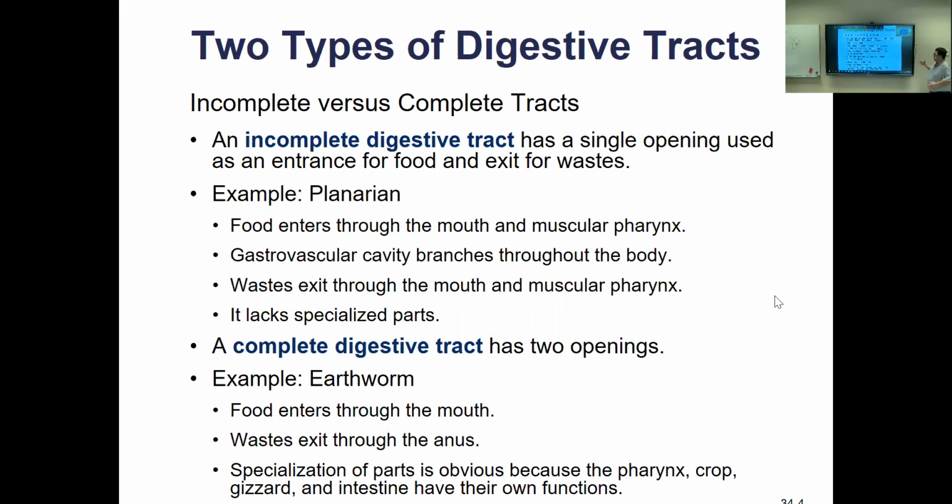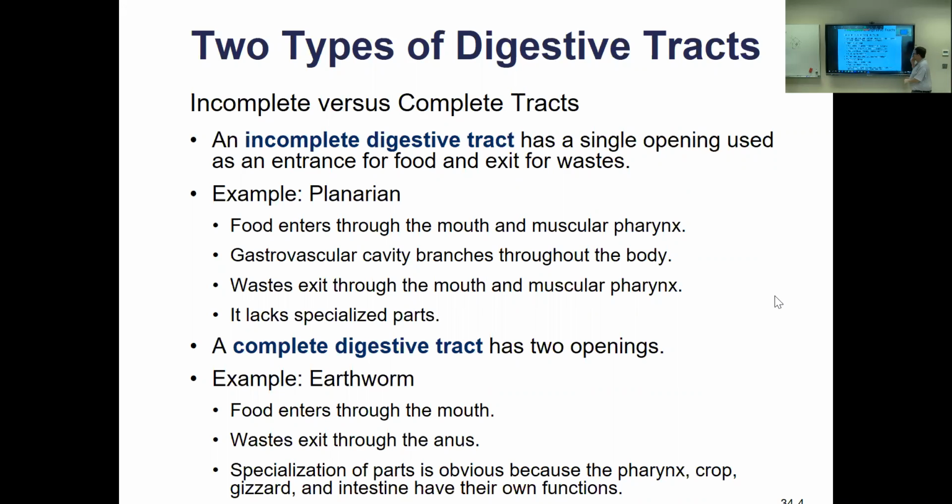Now, before we get into the human tract, which will be the main purpose of the chapter here, we've got to look at some other folks. Several organisms have what's called an incomplete digestive tract, where they just have one big hollow area inside. They bring the food in, break it down, absorb it, and then blow it out the same hole. The planaria is a good example of that. We'll see a picture of him in just a second, where he actually has one tube. Think about the hydra that just has one gastrovascular cavity where they bring the food in and blow out the waste. So if you're dating a planaria or a hydra, kissing them would be kind of weird. You'd be kissing the mouth/anus, right? It'd be kind of a weird place to kiss somebody.